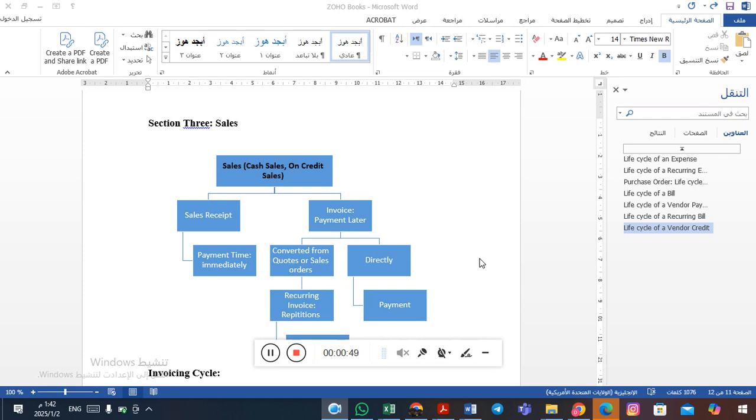The third point is explaining the difference between different cases which we could meet in practical situations. So, three main points. Let's go to the first one, which is related to